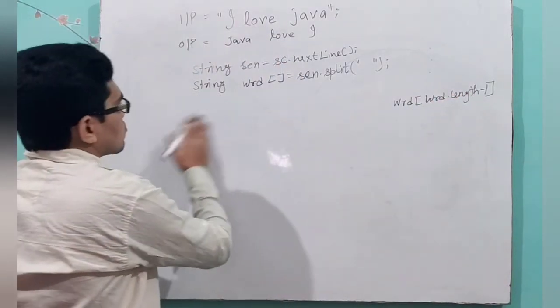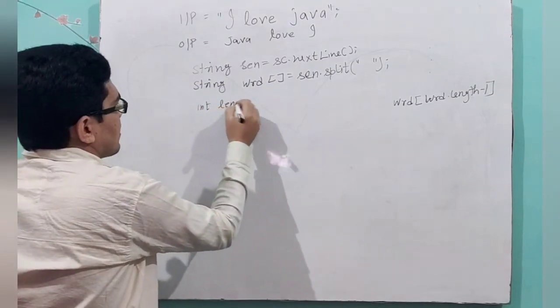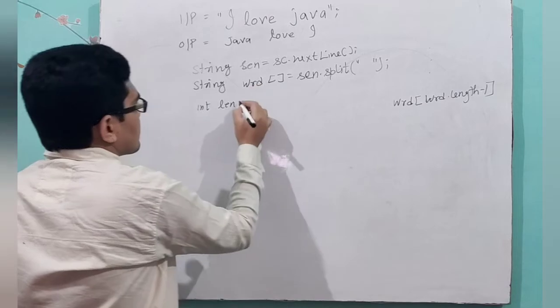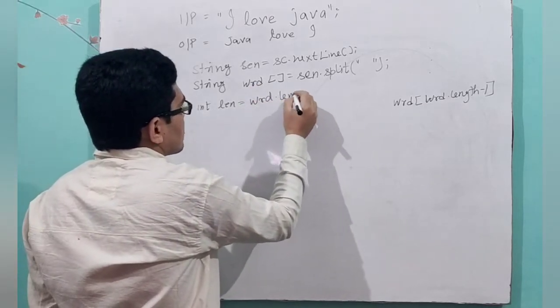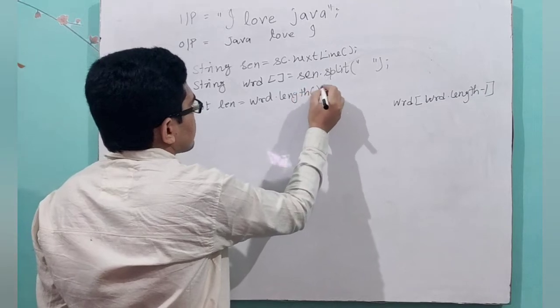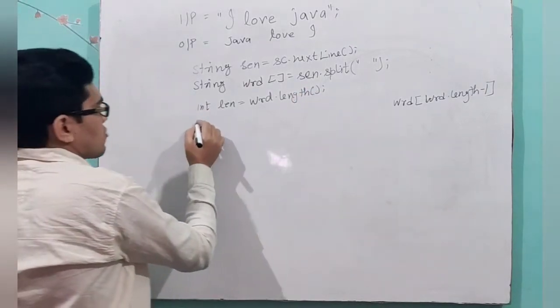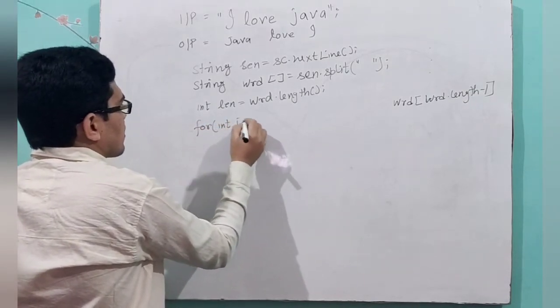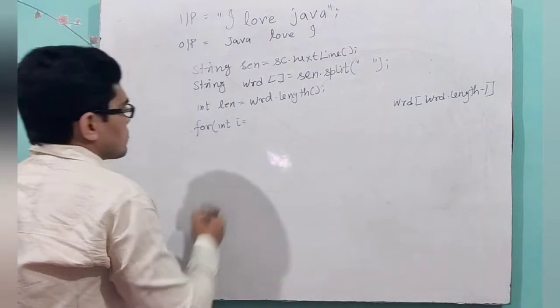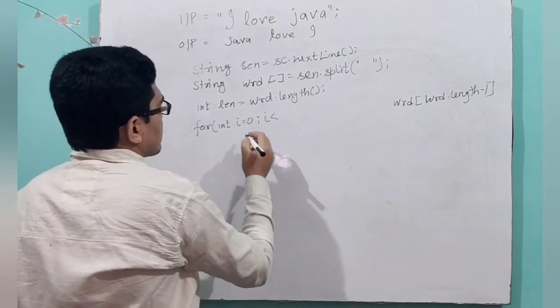So first let us store the length: int len is equal to wrd dot length. Now run the loop: for int i is equal to